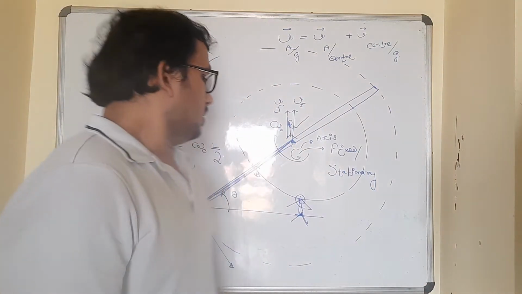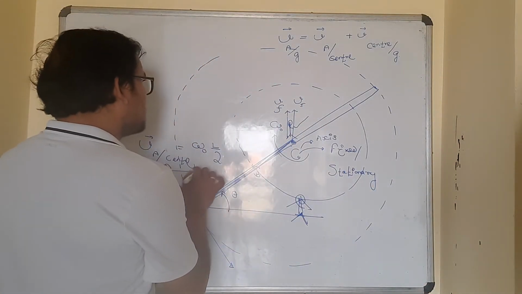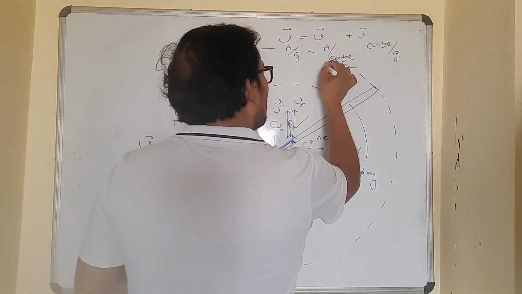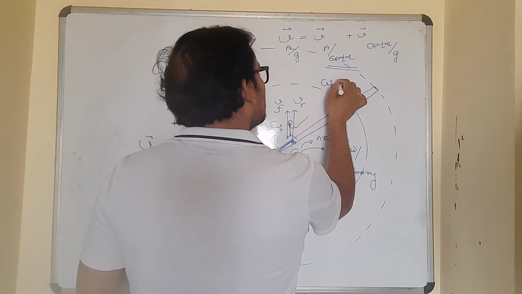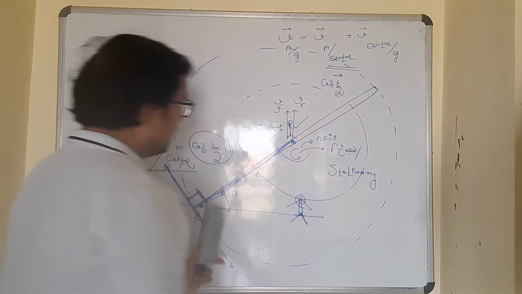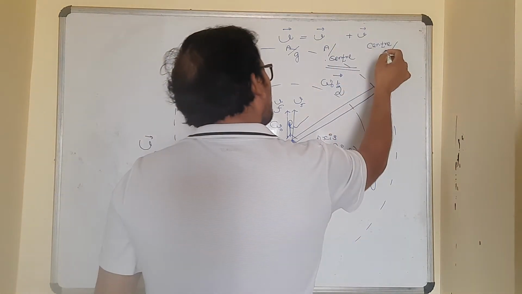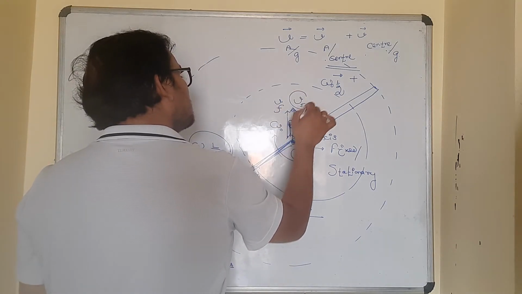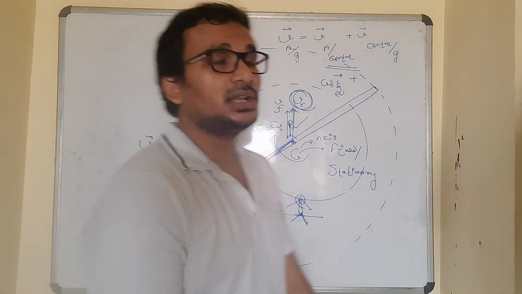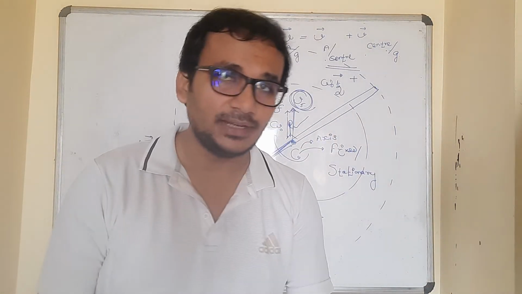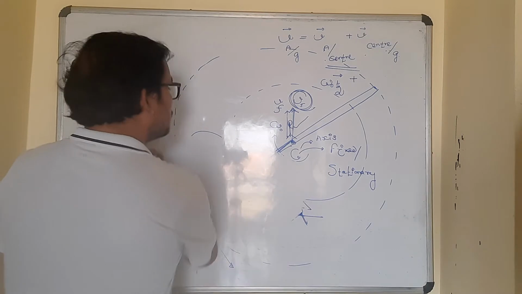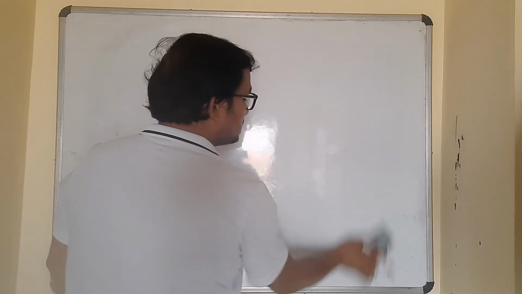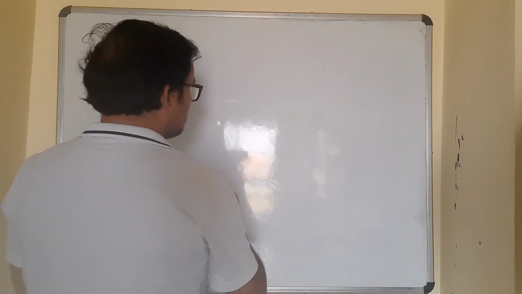Fine. Clear? So the velocity of A with respect to the center is omega naught L by 2, perpendicular to the length of the rod. I got the magnitude and the direction both. And this has to be added vectorially with the velocity of the center with respect to the ground, that is Vf in the vertically upward direction. So let us add these two vectorially. Our purpose will be solved and we can arrive at the last equation which we need for solving the question.